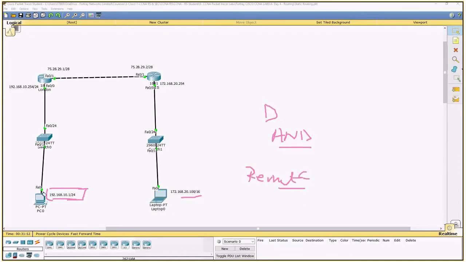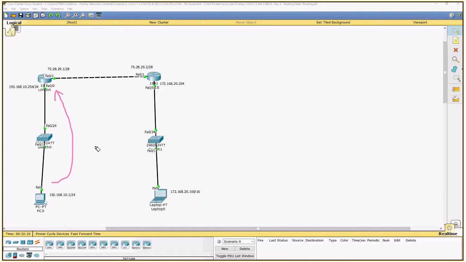Okay, now we found it's not local, it's remote. Then the next job. It is not local, so it doesn't need to send this to another machine in the local network. What will happen then? It will send this to the gateway. And that's where we configure the gateway here. Remember, if we just configure the IP and the subnet mask, we can only communicate locally. We can ping, we can print, we can submit anything, it works. But anytime you want to go from your street to another street, that means you need a router.